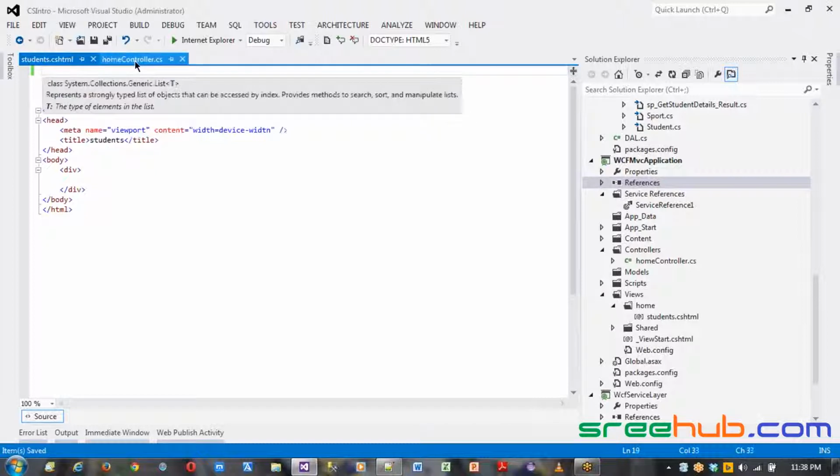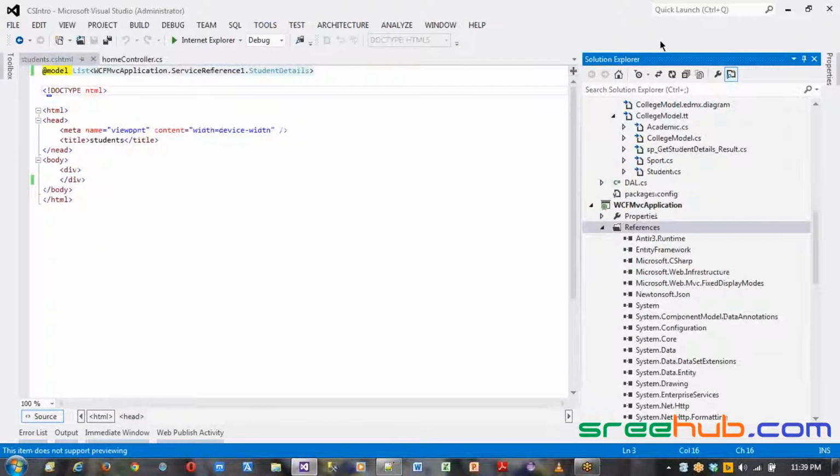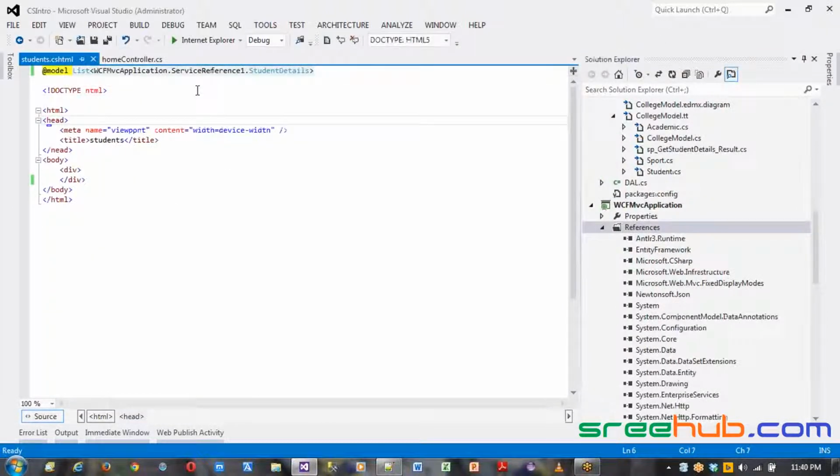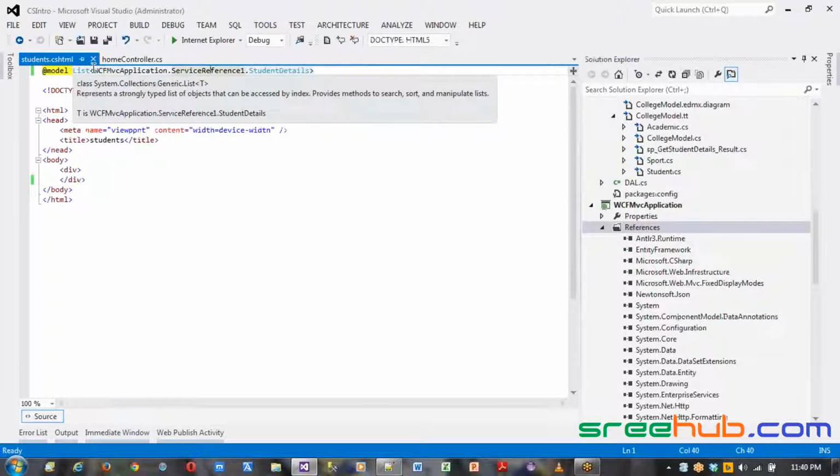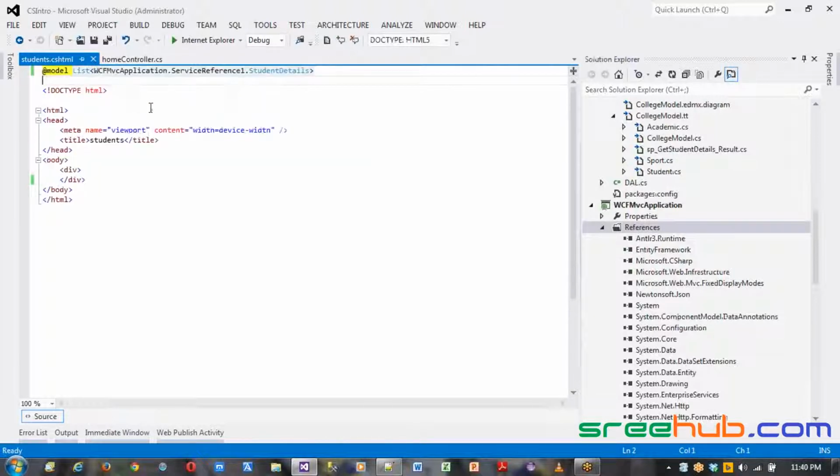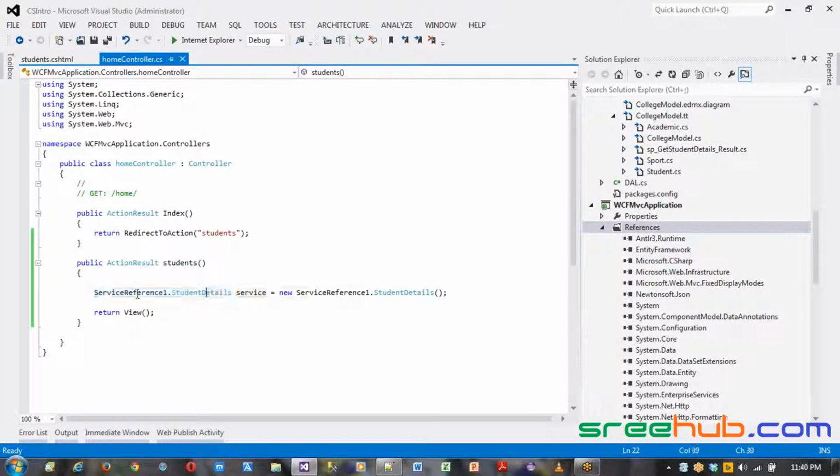So I have to actually give the fully qualified service reference. Now what I'm giving here, I am trying to get a list of students, right? But I don't have any list of students details in my